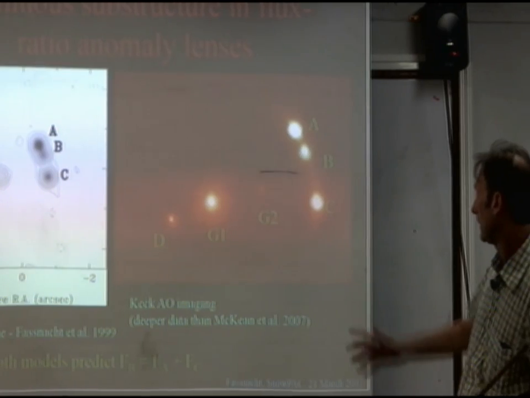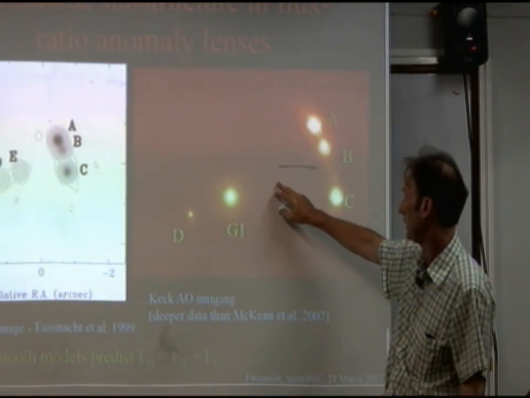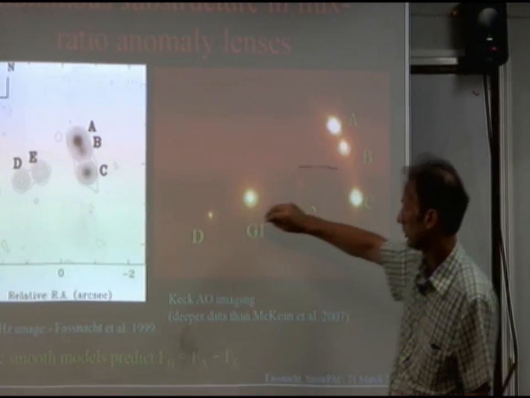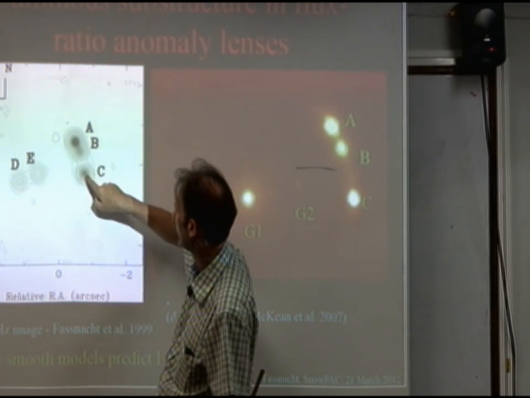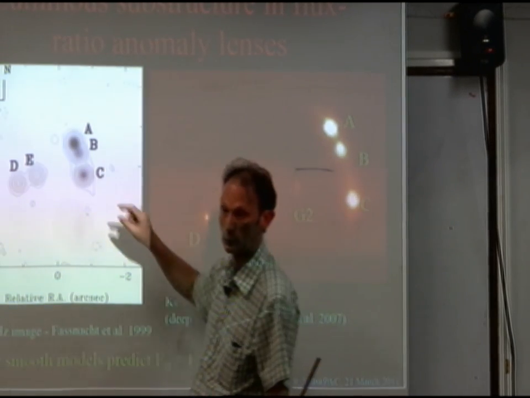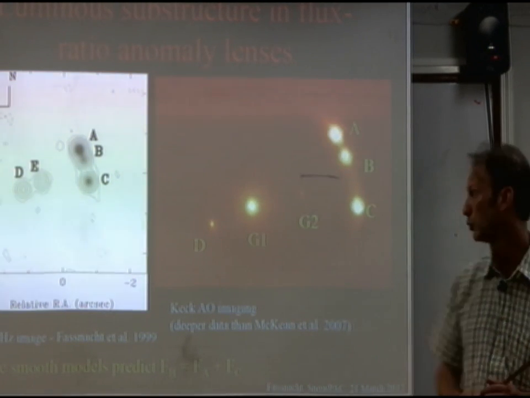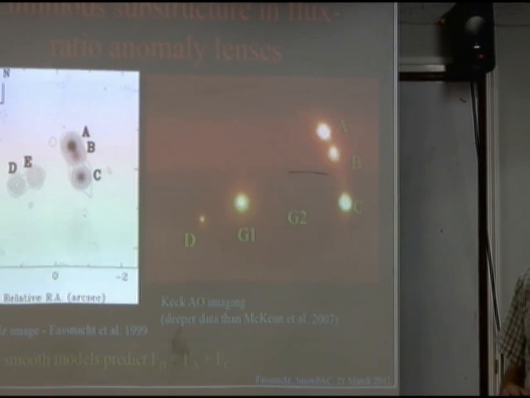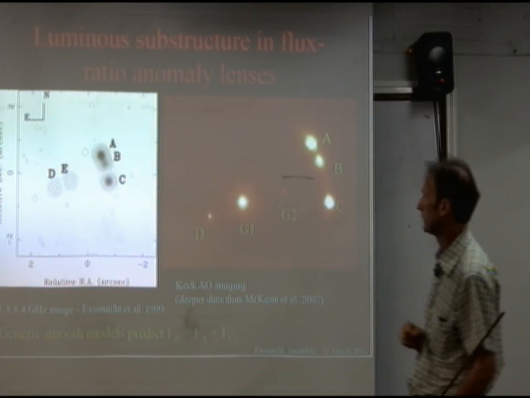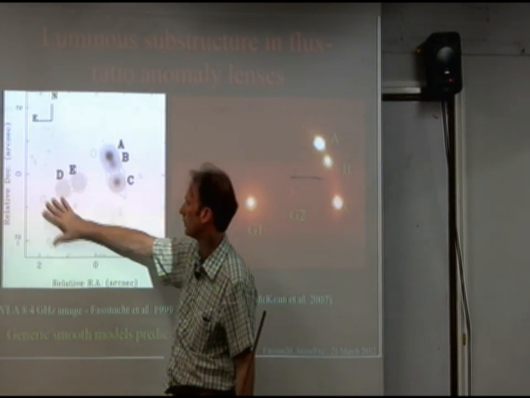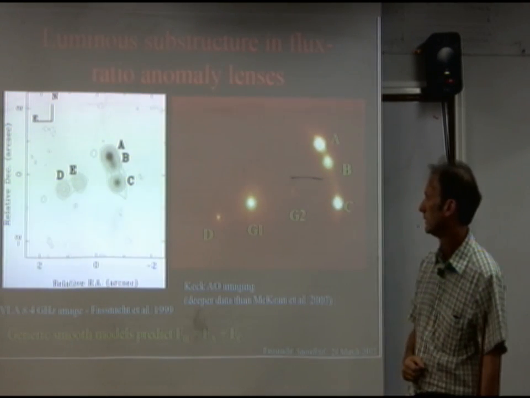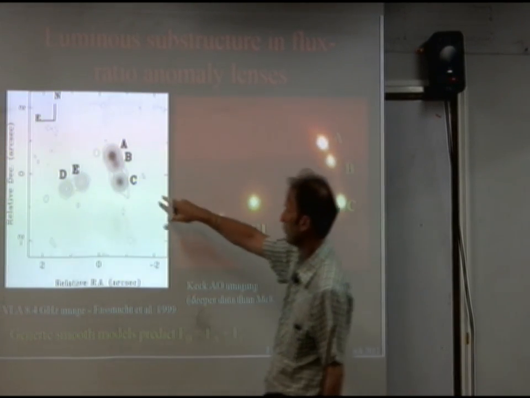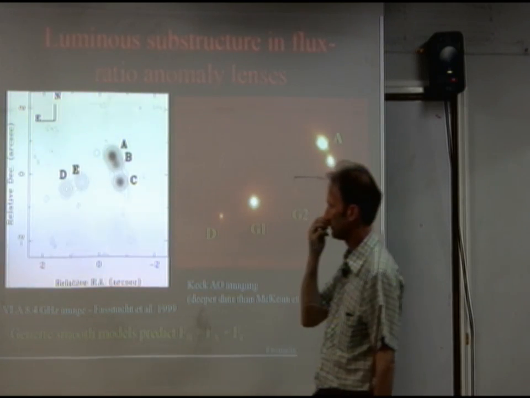So, by looking for fine substructure, maybe it's actual little galaxies that you can see, maybe it's dark matter clumps that you cannot see. But there is a puzzle here in many of these multiple image quasars: the flux ratios do not actually match what you would expect from the smoothness. That's a phenomenon called millilensing. It's in between the microlensing that we will talk about tomorrow, which is due to individual stars, and the macro lensing, which is what defines the overall image configuration here. So it's structures in the lens at a scale much smaller than the overall lens, but big enough to affect things like the relative sizes of the